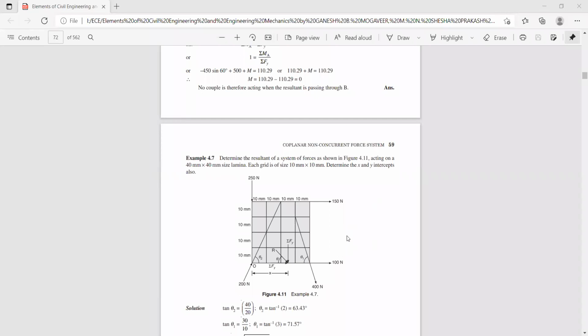the sigma f of x, the forces which are parallel to the x-axis. Now let us start from this point. If you project this force, this angle, you know, is theta 2. It is in the first quadrant. Hence, the cos component is 200 cos theta 2. It is acting in the horizontal direction. So sigma f of x is